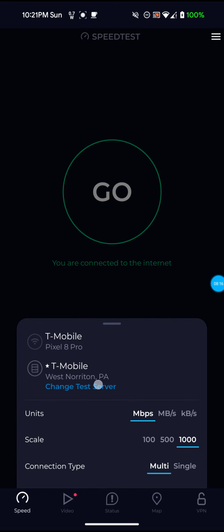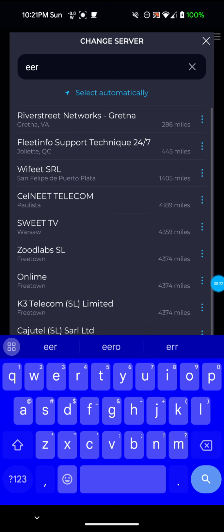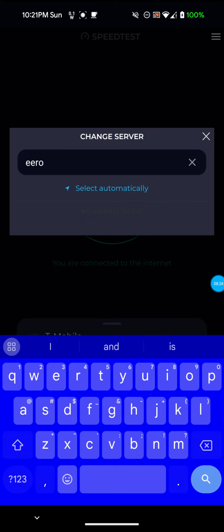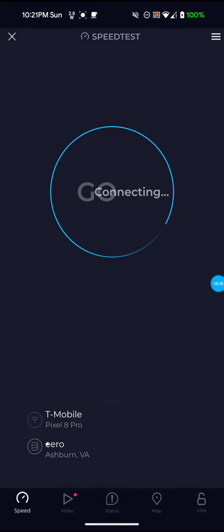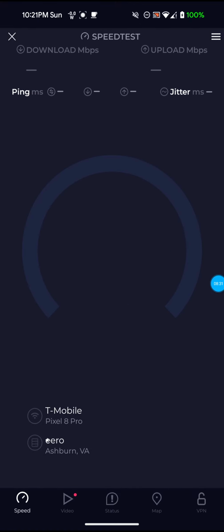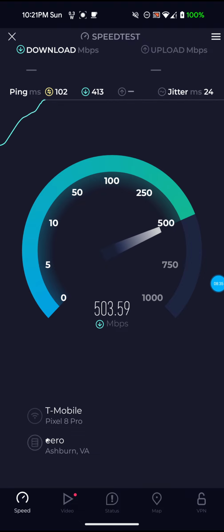Let me switch over to the Ashburn VA server and run some on that. I don't know why it gives me problems with that sometimes. It doesn't really search sometimes. I don't know why this server does this with the ping. It seems to ping spike for some reason. I don't really know why it does that,